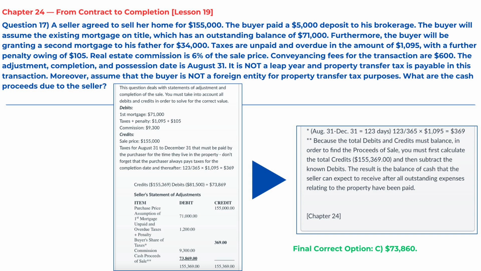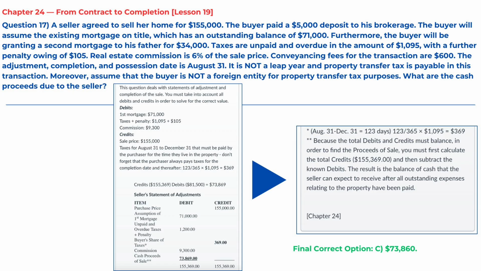Item: purchase price $155,000.00. Credit: assumption of first mortgage $71,000.00. Debit: unpaid and overdue taxes plus penalty $1,200. Debit: buyer's share of taxes $369. Credit: commission $9,300. Debit: cash proceeds of sale